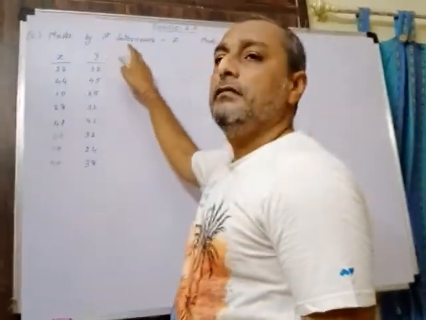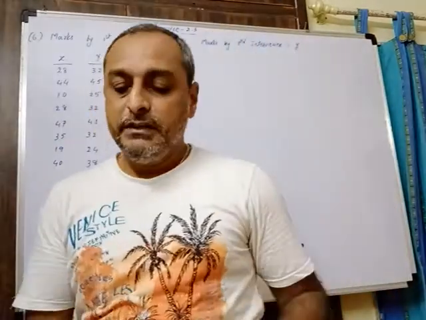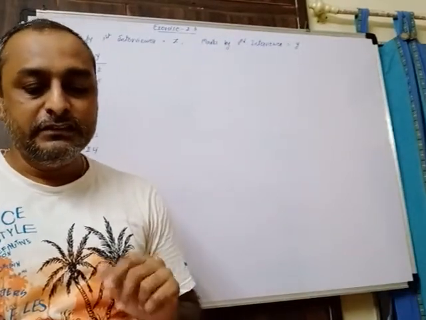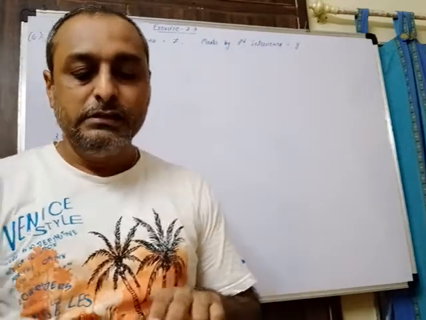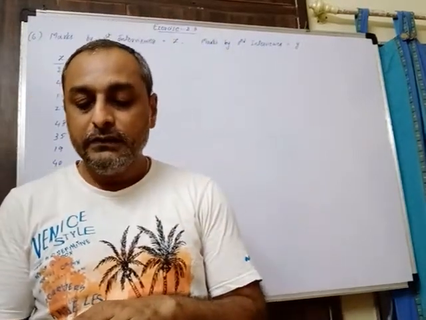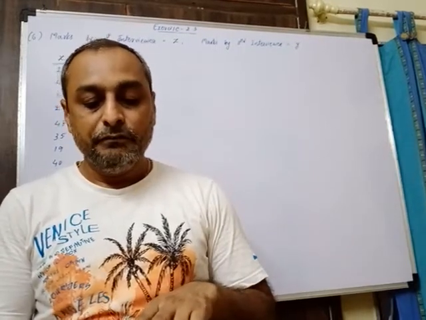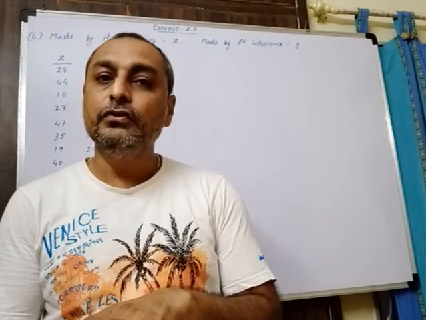Now we'll see another sum regarding this same Spearman's method, and again tie in observation. So say it is given 6 question. I am reading the question and then we'll try to solve that. Two interviewers gave the following scores to the candidates on the basis of their performance in the interview. Find the rank correlation coefficient between the evaluation of 2 interviewers.